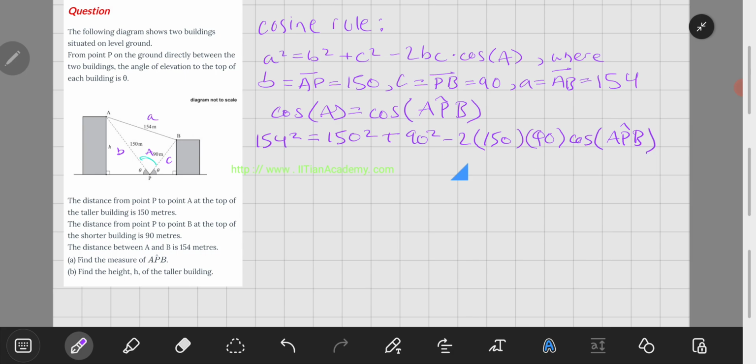And we can rearrange all of this, of course, to solve for cos of APB,